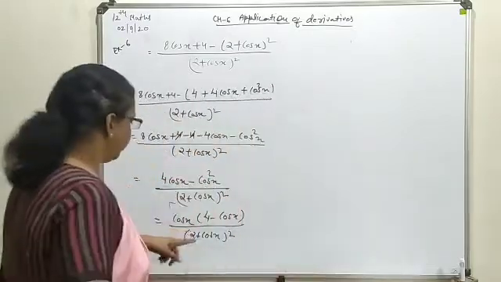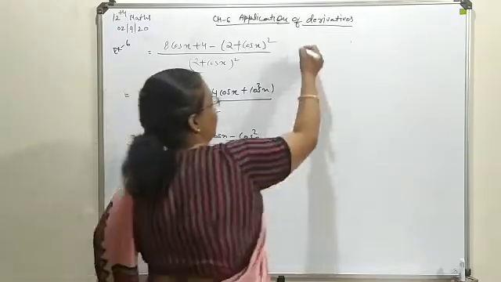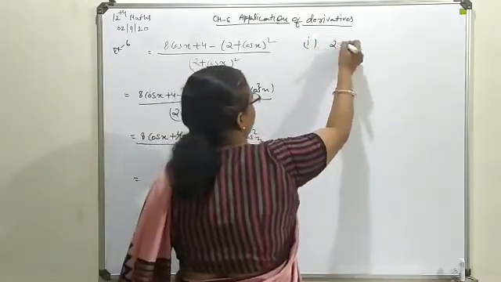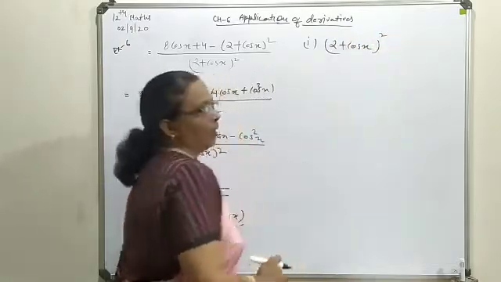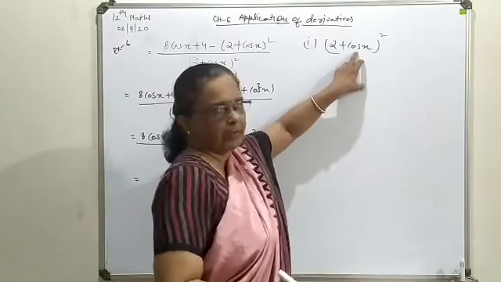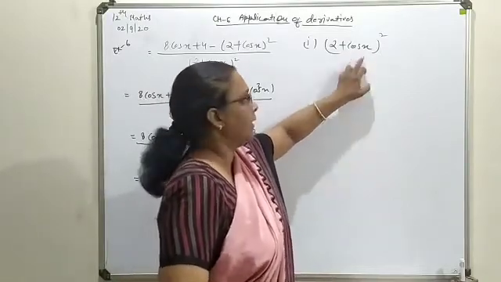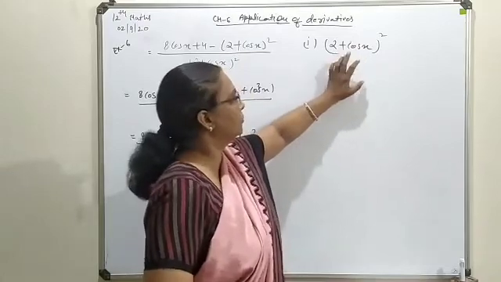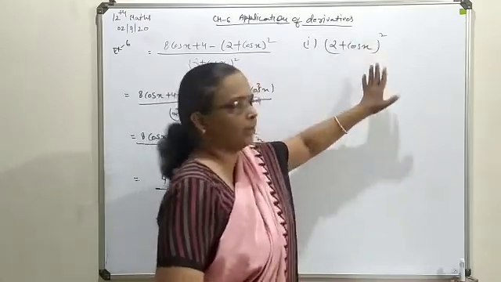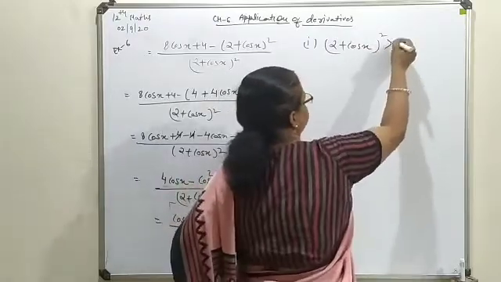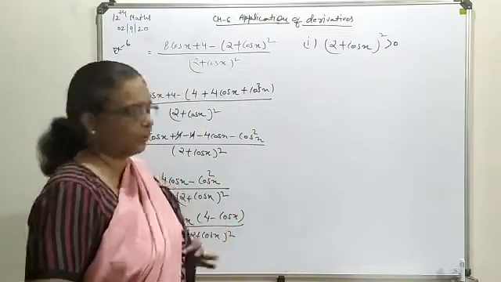Now here you see, first of all we decide about the sign of this one, obviously 2 plus cos of x whole square. We know that the range of cos x is minus 1 to plus 1. So for the least value and maximum value, it will turn to a positive solution, and being a square term it can't be a negative quantity, so it will always be a positive one.